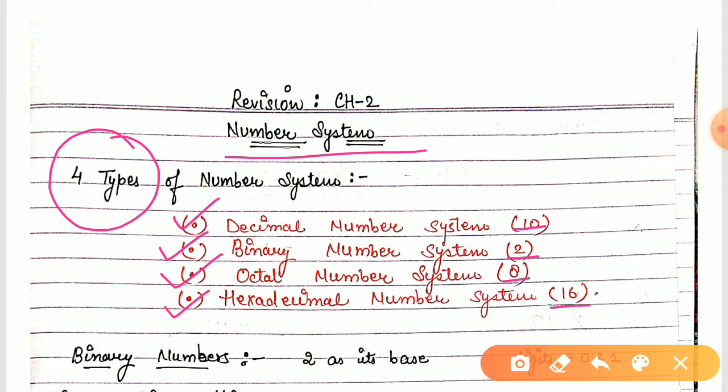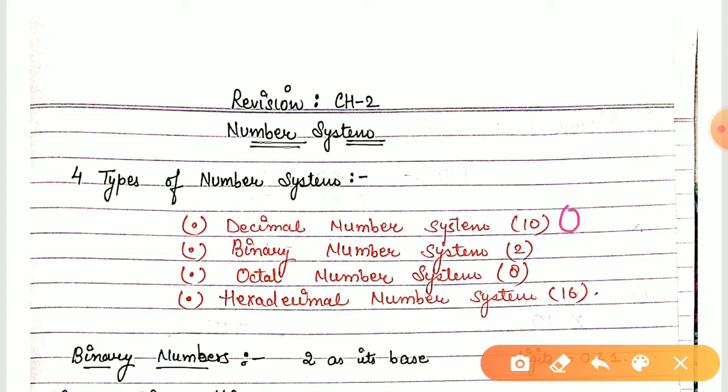Right? So what is the meaning of this base that we have taken after every number system? Base means how many numbers or how many symbols a particular number system is having, right? So decimal number system has a base of 10, it means it is having 0 to 9 digits, right? Binary number system is having only 2, that is why 0 and 1 we are having. Octal number system is having 8, so 0 to 7 we are having, and hexadecimal we are having 16, so 0 to 15 we are having, right?